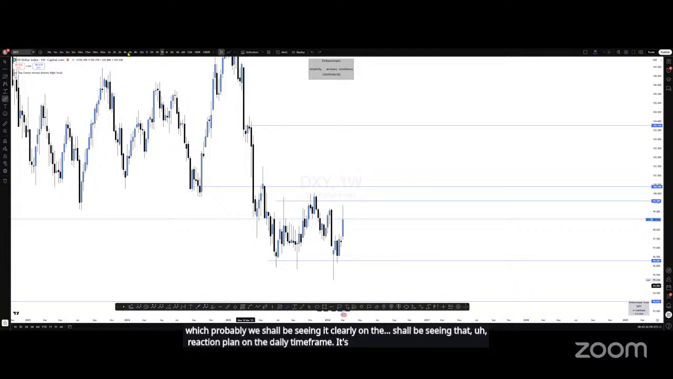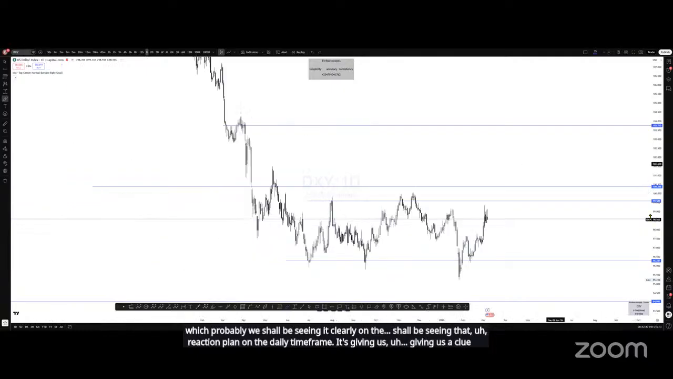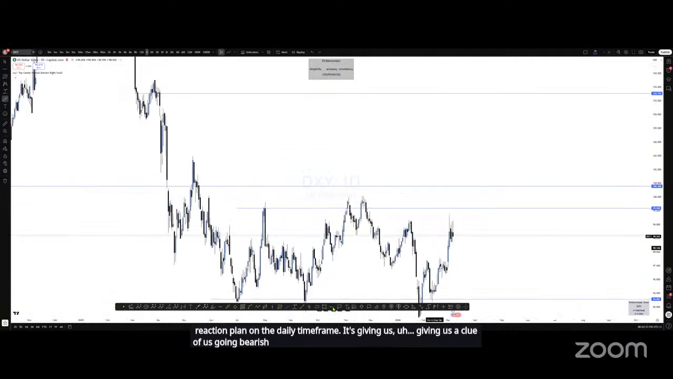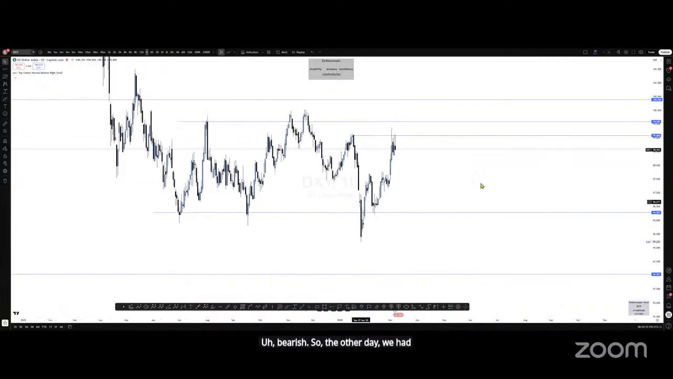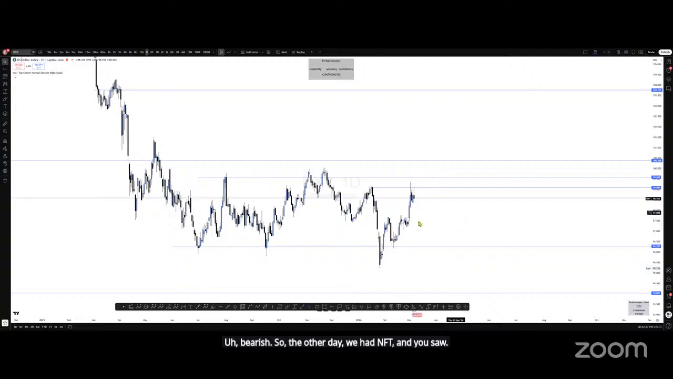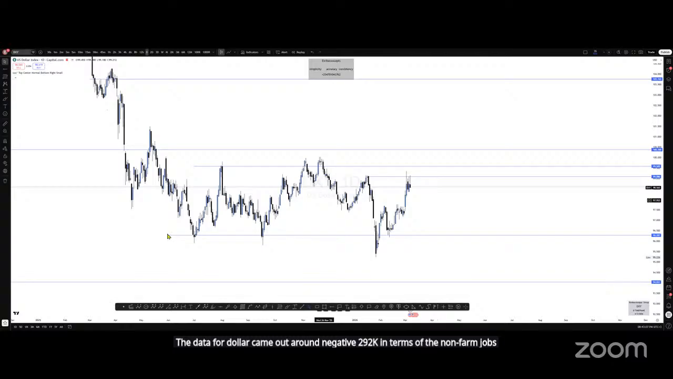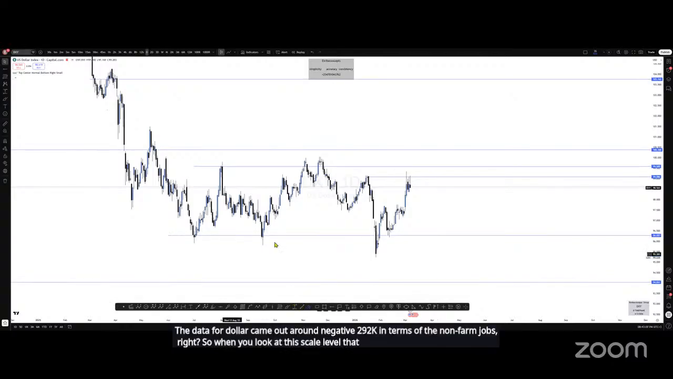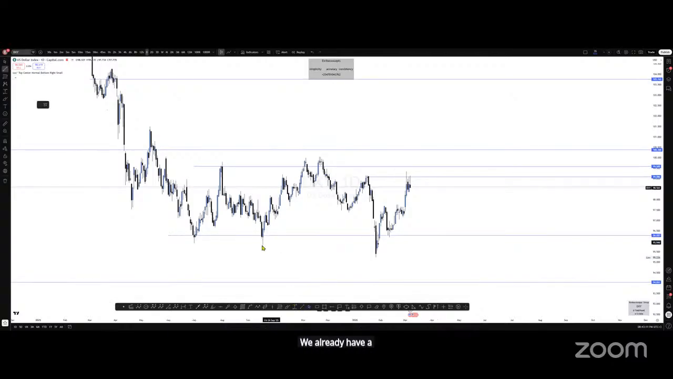It's giving us a clue of us going bearish. So the other day we had NFP, and you saw the data for dollar came out around negative 92K in terms of the non-farm jobs, right? So when you look at this scale level that we had, we already have a break of structure that has happened down here. And when you look at this break of structure,